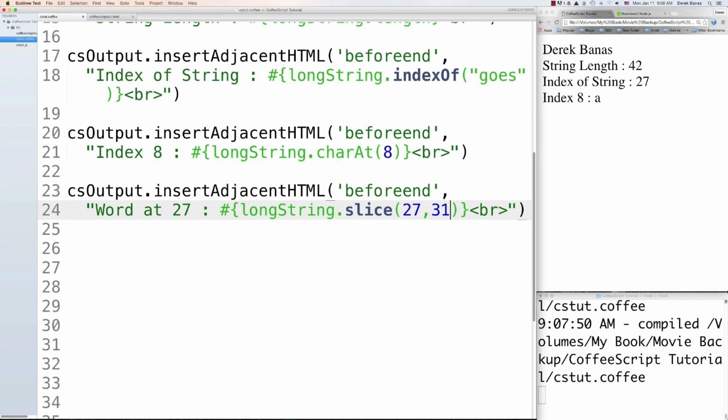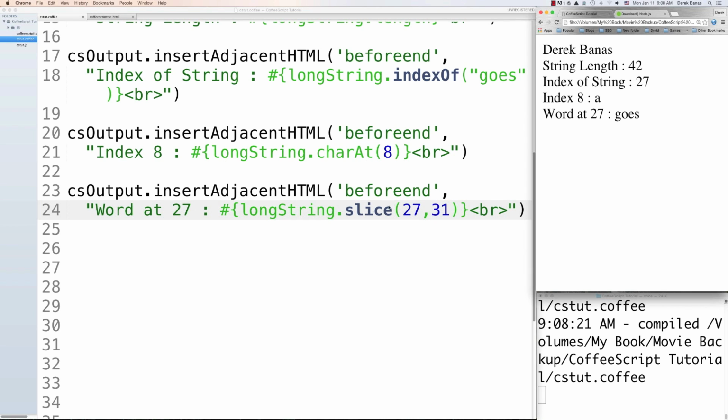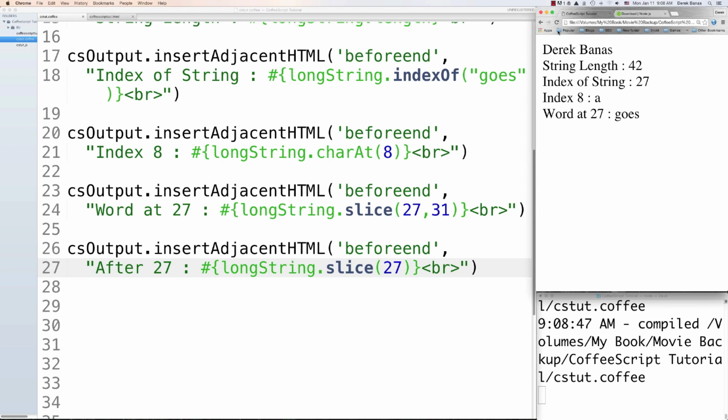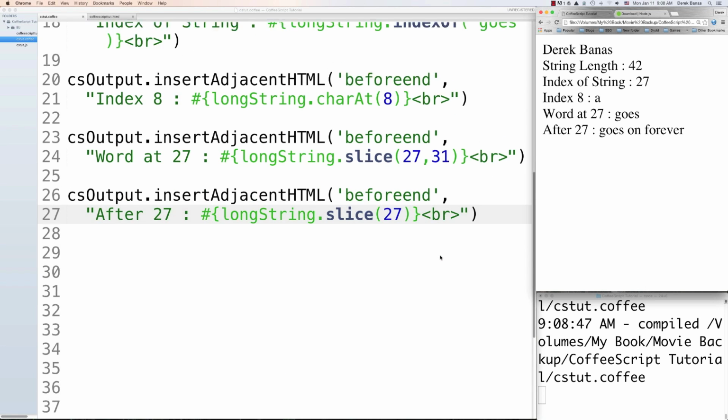So in that situation, we're going to type 31 in there because it's not going to include this. It's going to go up to that point. You can see there we got the word goes. We could also come in and get every single character that comes after a certain index. So we'll say we want everything after the 27th index. We'll just use a more simplified version of slice, and you can see it gets all of the characters that